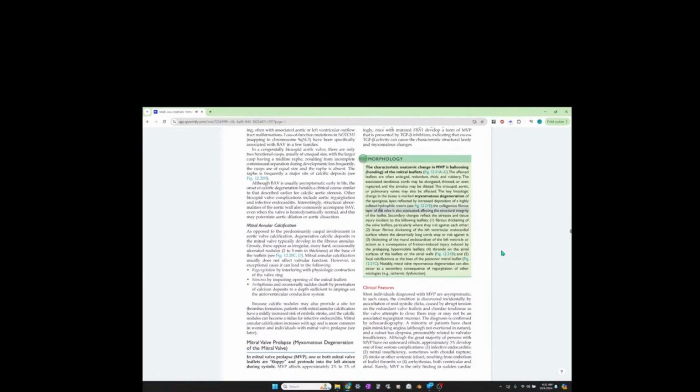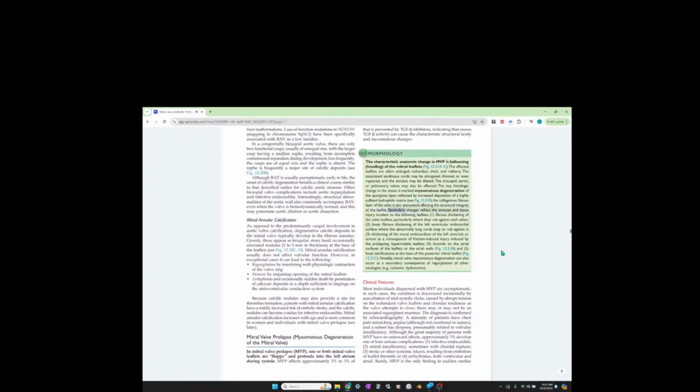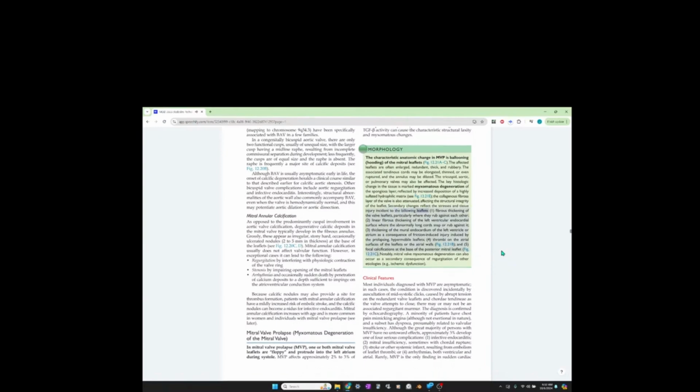The collagenous fibrosa layer of the valve is also attenuated, affecting the structural integrity of the leaflet. Secondary changes reflect the stresses and tissue injury incident to the billowing leaflets: fibrous thickening of the valve leaflets, particularly where they rub against each other; linear fibrous thickening of the left ventricular endocardial surface where the abnormally long cords snap or rub against it;